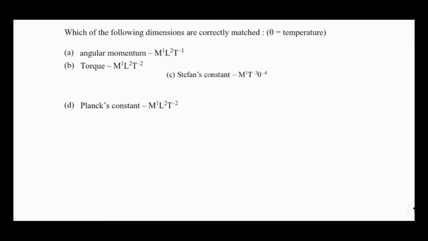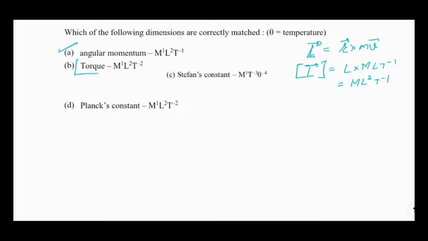So I can find out the dimensions of angular momentum. It is defined as r cross mv. Angular momentum, which is generally represented by L vector, is defined as r cross mv. So we can easily find out its dimension. The dimensions of L vector should be equal to dimensions of r, which is L, dimensions of m, and dimensions of v, which is L t minus 1. So it should be m L square t minus 1. This option is giving this, so this answer is correct.